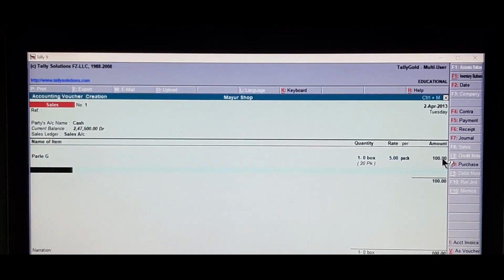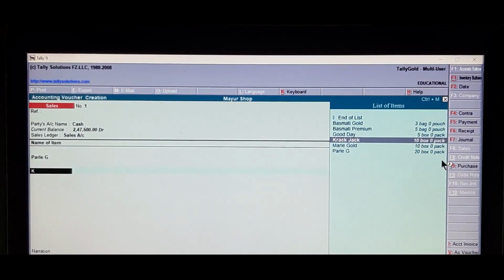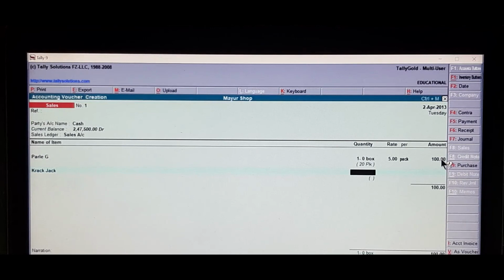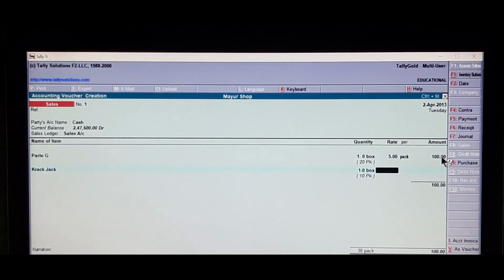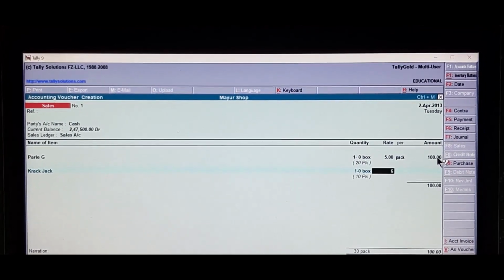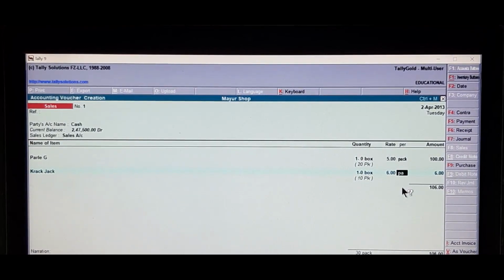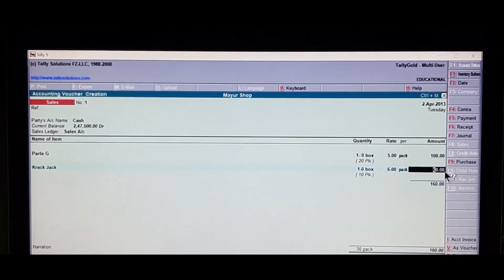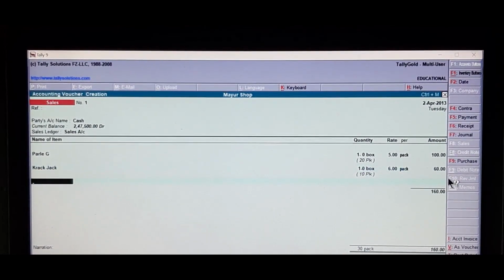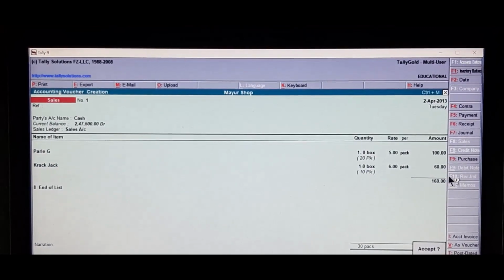Enter. Crackjack. Quantity 10 pack, 0-10. Rate per pack is 6. Box will come. Change this to pack by typing. Later the amount will be changed. Enter. Enter. Type the narration. Accept. Press Y from the keyboard.